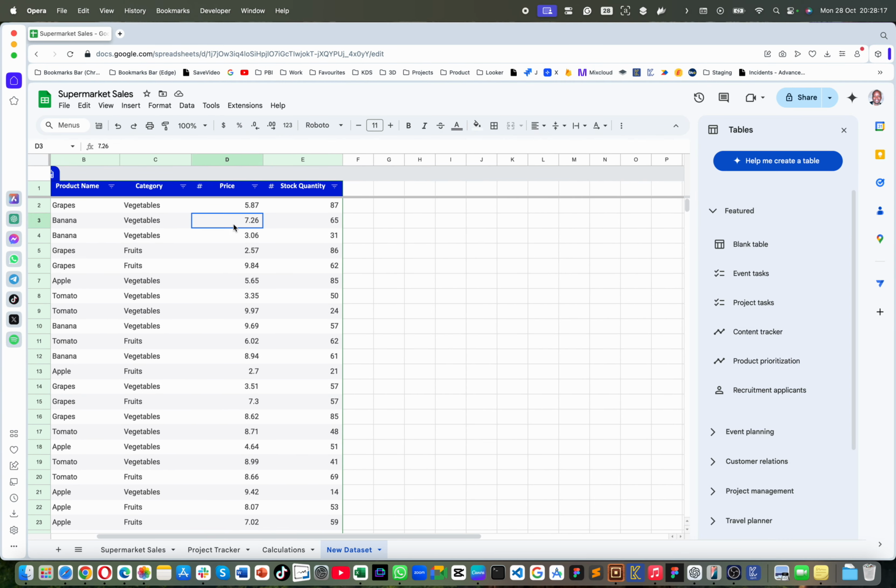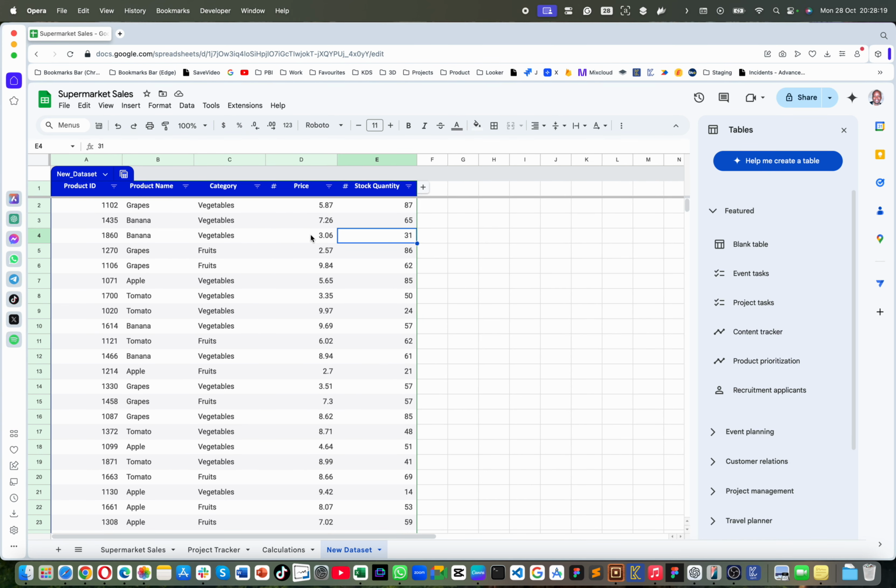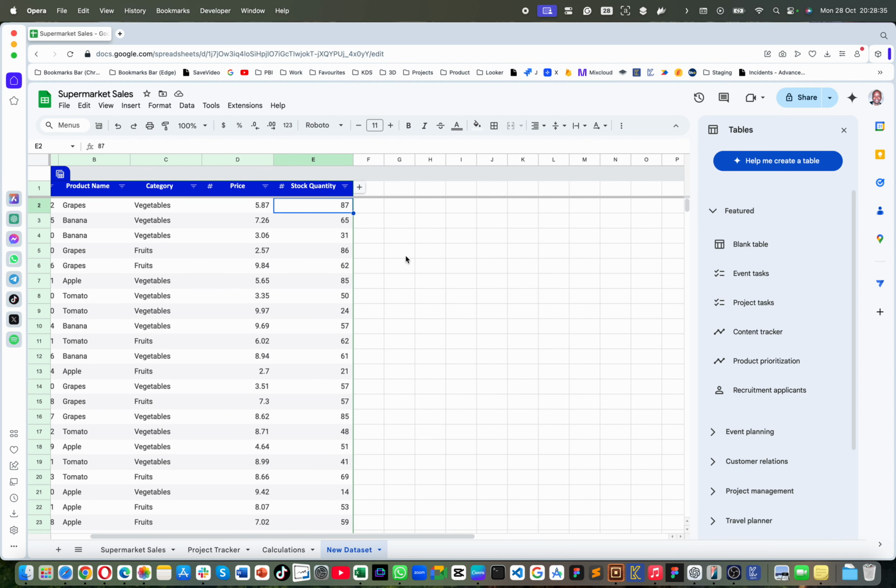Now, since we have the price and the stock values, we want to do some calculations. The calculation I need, maybe I may want to get the total of all the sales done, that is multiplying price and stock values. It's very easy. I may not want to put a column here, but I just want that figure. So how do I pick the figure? Which means if I want the total sales,